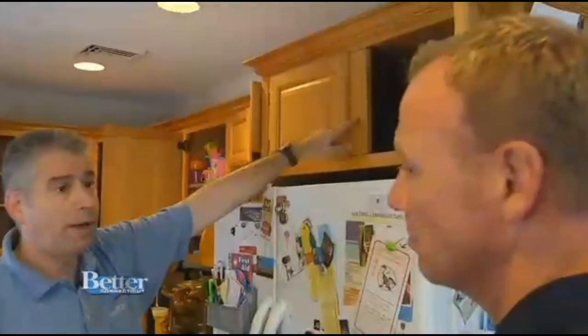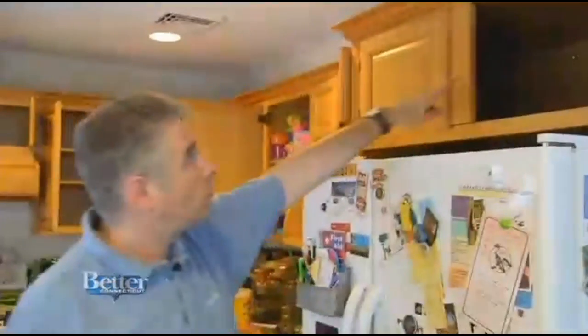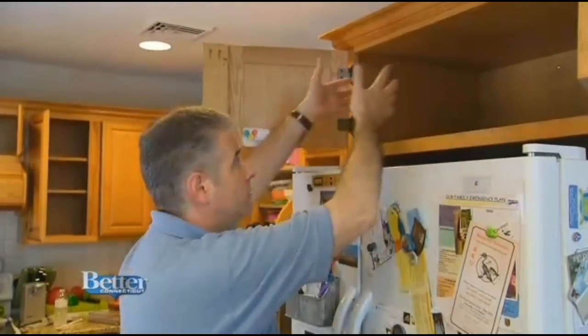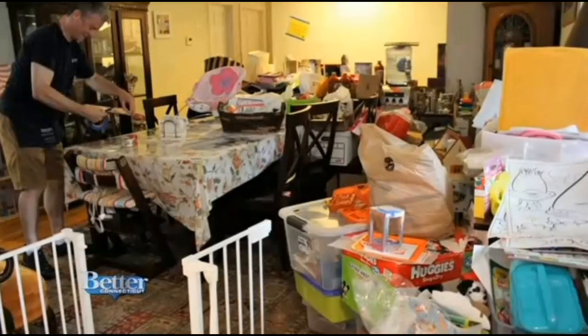So there's a bar in the way. This is usually kind of a pain in the neck for clients. So what we'll do is we'll cut this piece out, and all of a sudden, instead of trying to squeeze your body in to try to get to stuff on one side or the other, now you just opened up this space. Over in the dining room, which by the end of the day will become the family's living room,